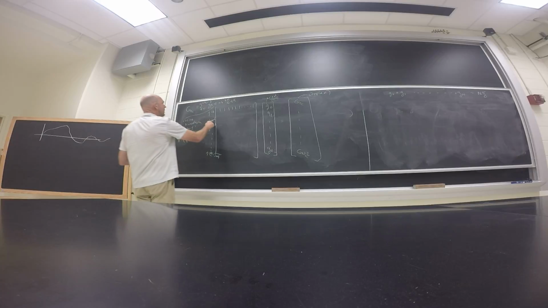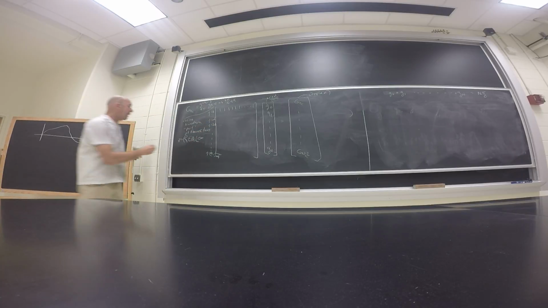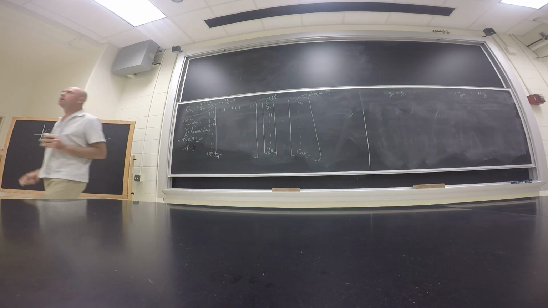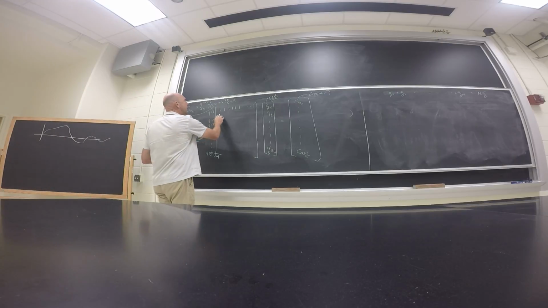Okay, what about when j equals delta f? Let's say delta f equals 1 for grins. All right? Well then, what do we have? We have cosine